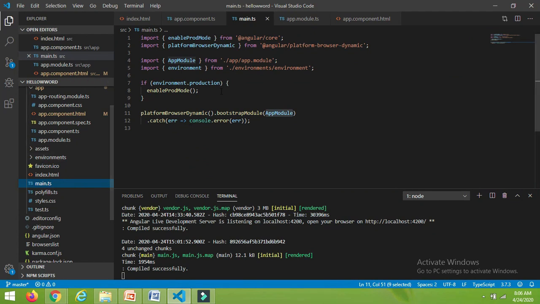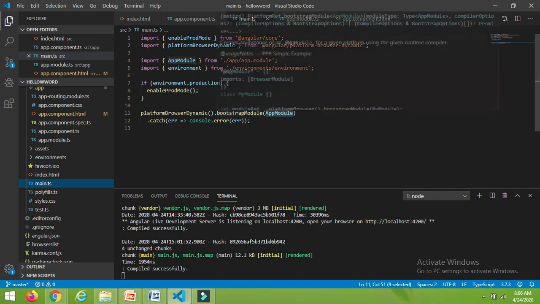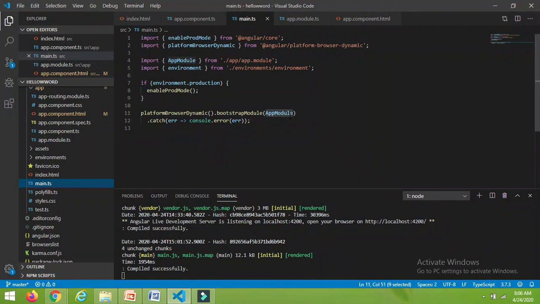Once the index.html page started loading, this main.ts file is getting added. Here in the main.ts file you can see we have bootstrapped the module, that is AppModule. What is meant by bootstrap module? It means we have loaded the app module at the time of starting only.